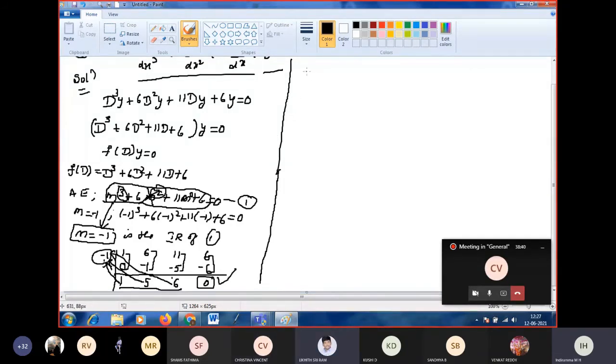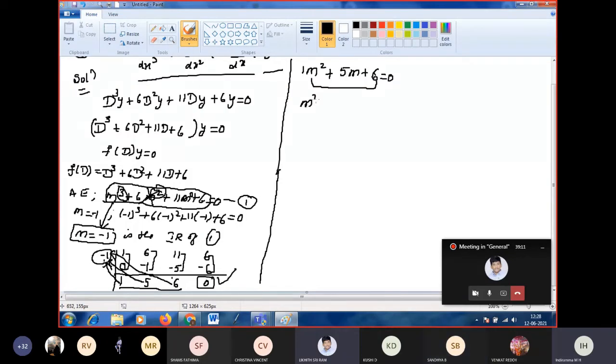1m square plus 5m plus 6 equal to 0. Now it is a quadratic equation. Generally we can write it as m square plus 5m plus 6. We know how to find the roots of a quadratic equation, either by factorization or by the formula method. Is it possible to factorize? The product of these two should equal 6. How to factorize?